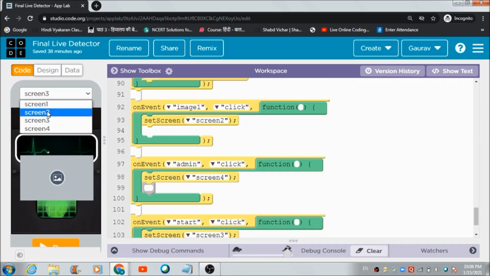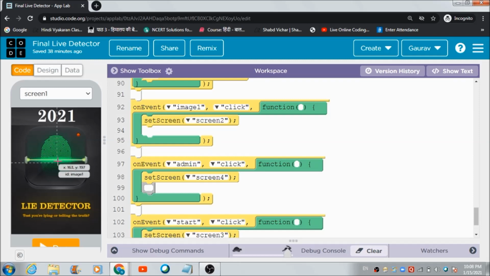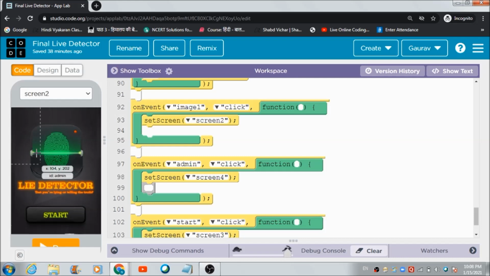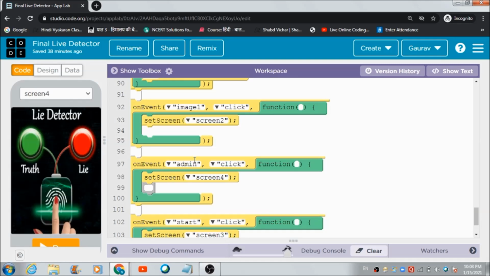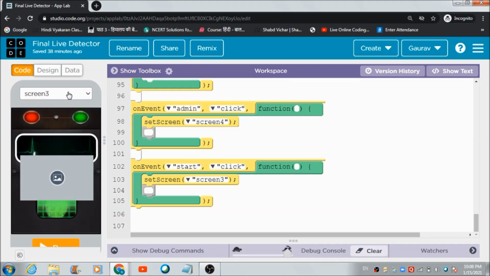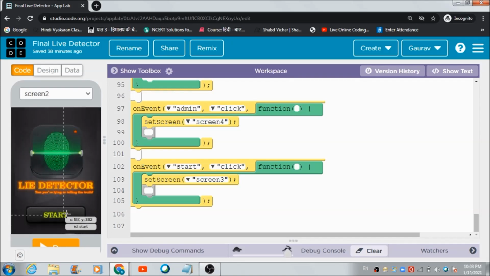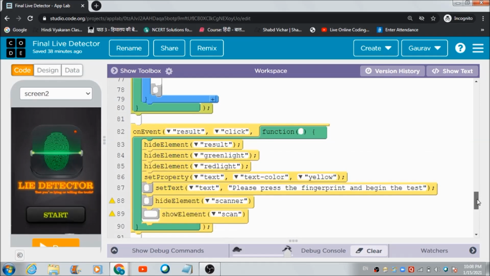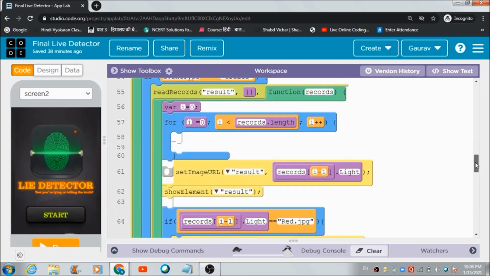Fine, now there is the code which I have defined for this image 1 for redirecting the user to this screen 2. This is image 1 which you are seeing over here. And where is that admin image? Let's see that also. So this is the admin image which is going to redirect the user to this admin's panel, screen 4. This is the code which I have made use of for redirecting the user to the admin's panel. And for the start button, which is redirecting the user to the users panel, this is the code I have made use of. So this is the whole code I have made use of for developing this beautiful app.